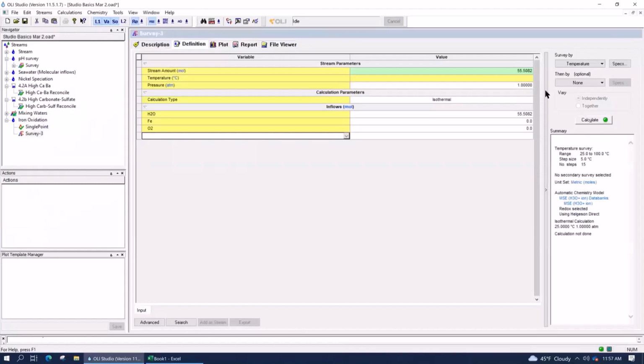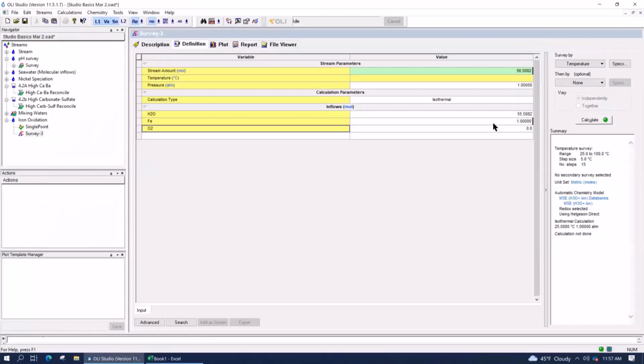You're going to start with 1 mole of iron. And again, remember, 1 mole of iron will give up 3 electrons. 1 mole of oxygen will accept 4 electrons. So you only need about 0.8 or 0.75 moles of oxygen to fully oxidize iron.